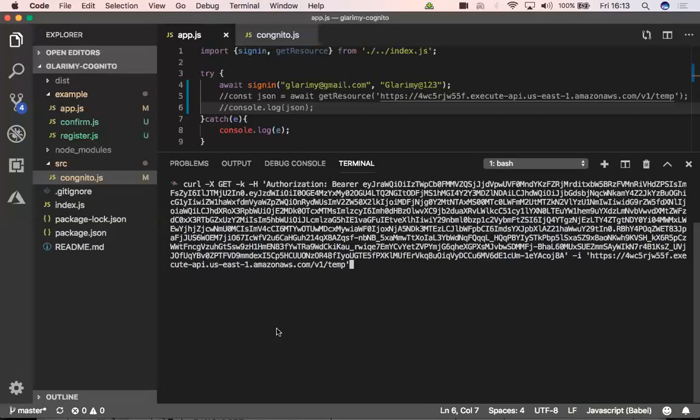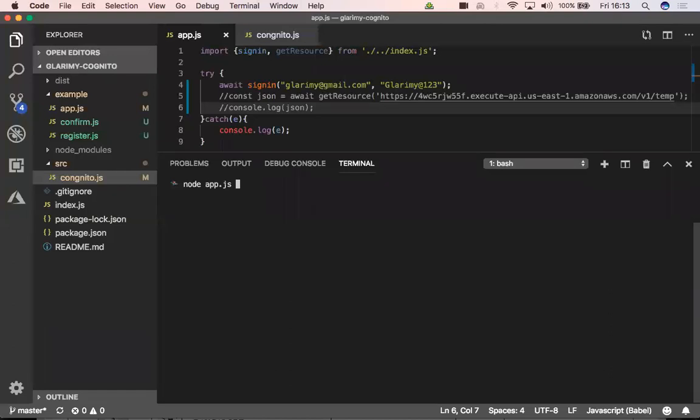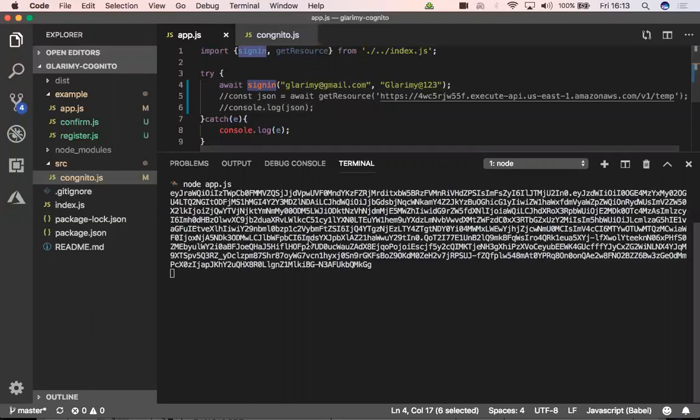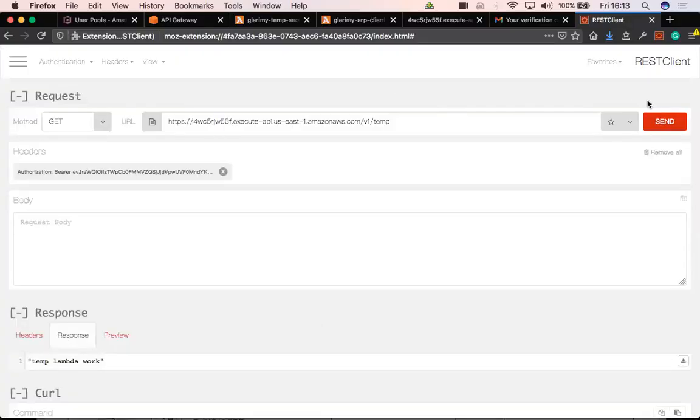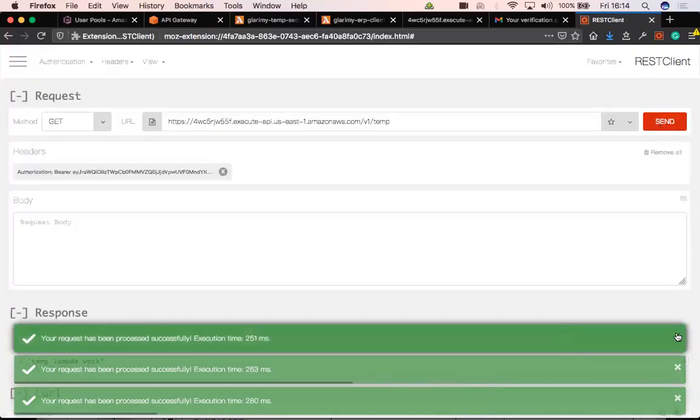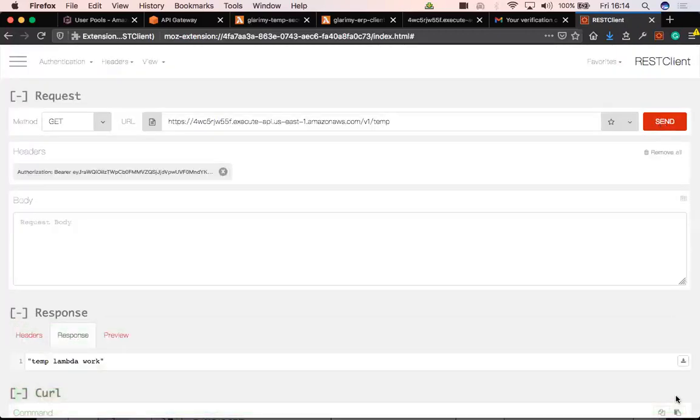Now I'll run the sign in once again. If I run it once again, what happens? The sign in is happening once again, right? The token may change. The token changes, but I'm not giving this new token. I'm trying with the earlier token, the old token. What should it say now? It should actually not work, unauthorized. Right. Let me say send. It is still not saying that. Why? Because I haven't logged out.